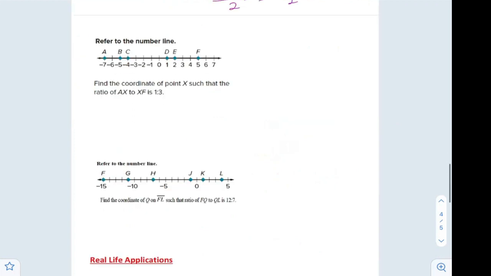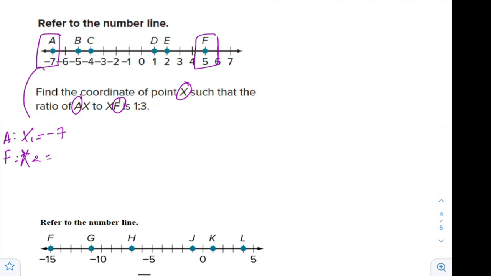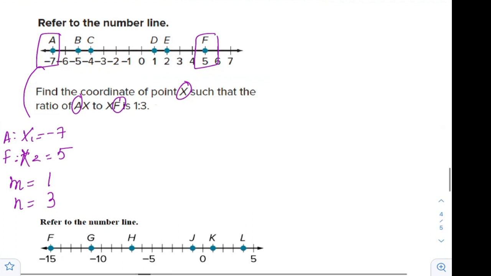Okay. Now let's go to another number line. We want from A to F, we are locating x. So this is A, the starting point. F is the final, the terminal, which is x2. This is A. F is the x2, which is at 5, m to n, m first, then n, and apply. So your x is